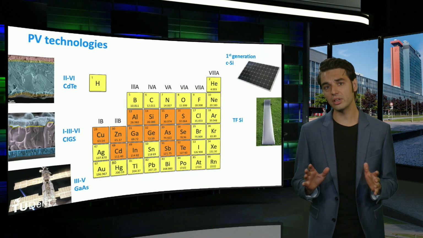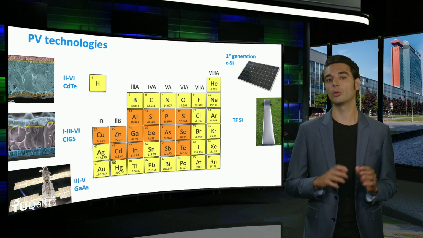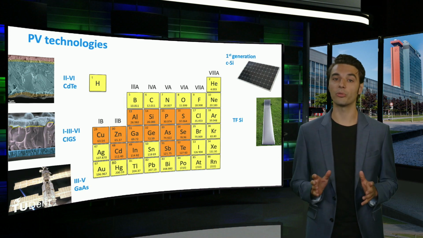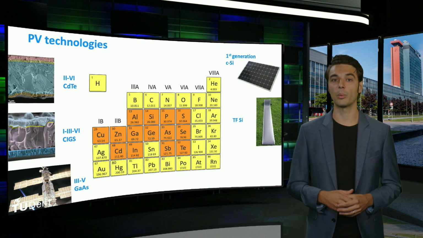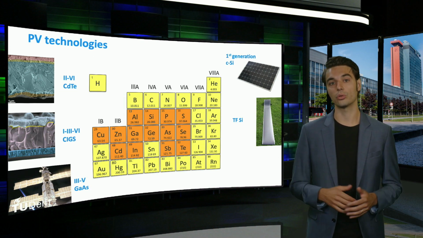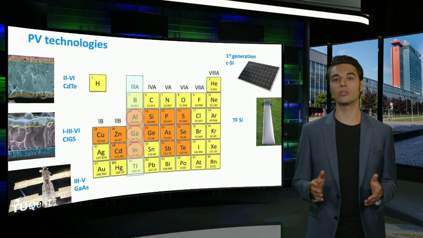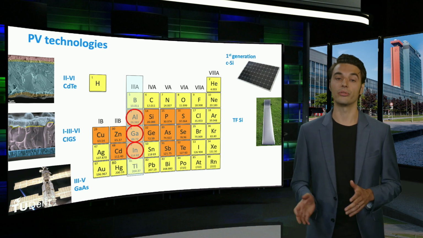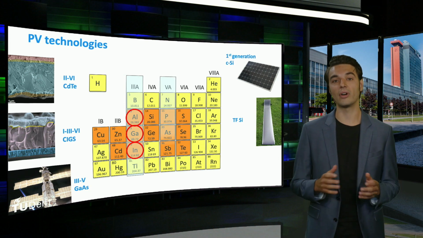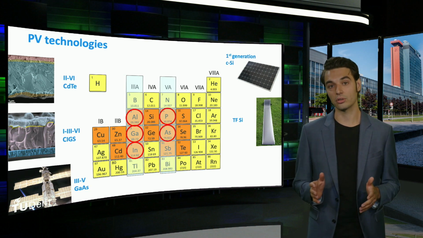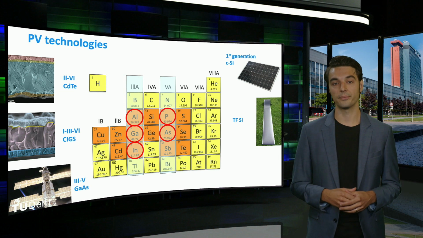Next we discuss the III-V technologies. As you will learn later in this course, this type of PV technology is mainly used in multi-junction configuration, in which multiple III-V alloys are used. The III-V alloys are based on group 3 elements with 3 valence electrons, like aluminium, gallium or indium, and group 5 elements with 5 valence electrons, like phosphorus and arsenic.